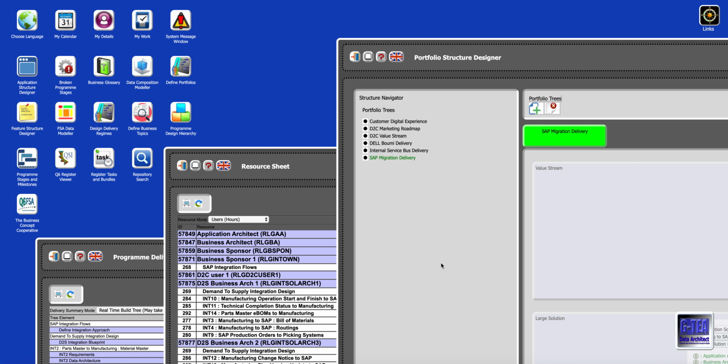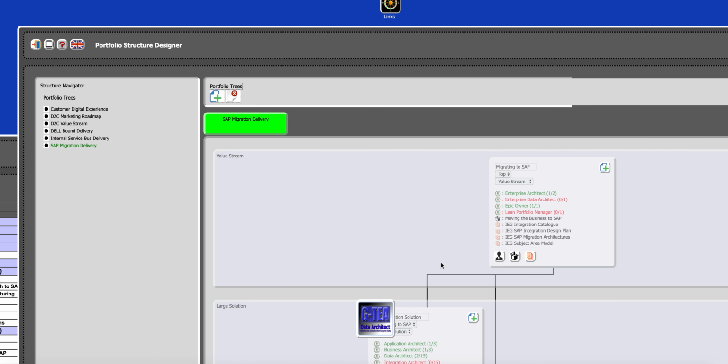From Q6FSA. This video is going to take you through a worked example of using the platform within a manufacturing and engineering scenario. It's based primarily around the migration of a number of systems and connecting them to SAP. So let's get started. The first thing that we do here is we set up